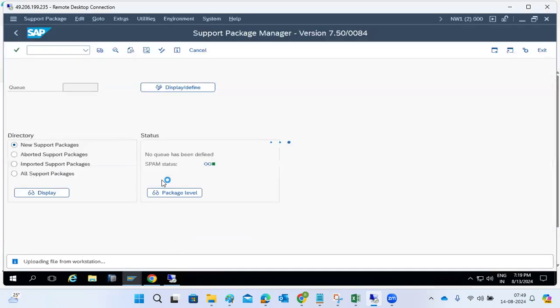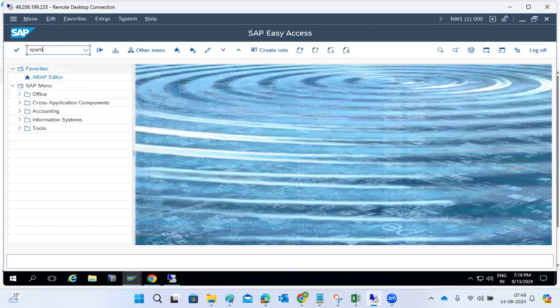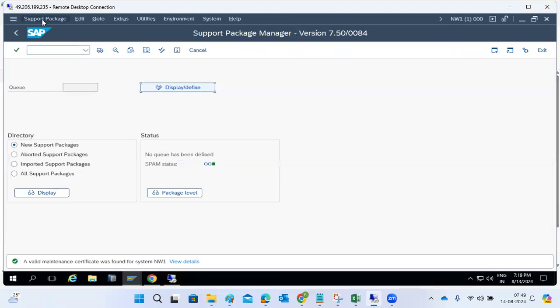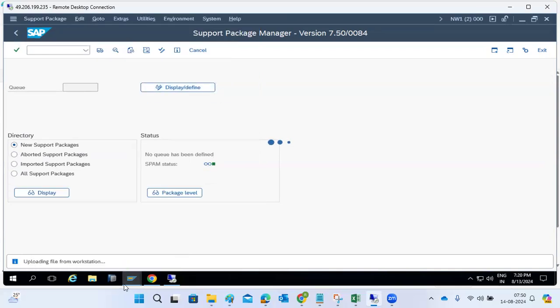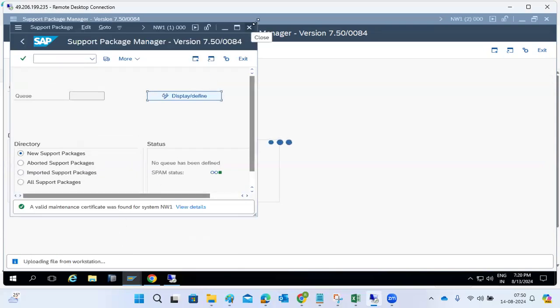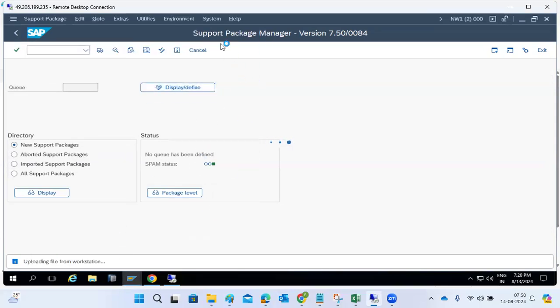Once it is uploaded, I will inform you. Maybe you can try in the meantime. After that, go to the SPAM transaction code. Once you are in SPAM, go to the support pack and import the SPAM update. You can perform it like that. Once it is imported, I will tell you. Then we can